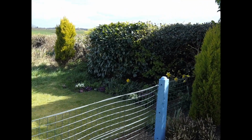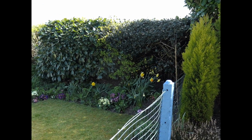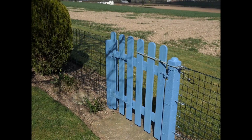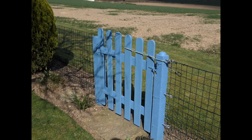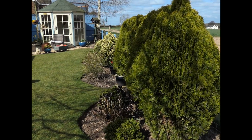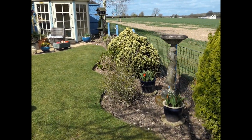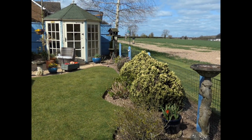tiny little bit where I've trespassed on the farmer's field, and there are all the pretty flowers there. We are now starting at the newly painted gate. I hope you like the blue. And as I progress up the garden, the shed, or should I say summer house, is about to be painted